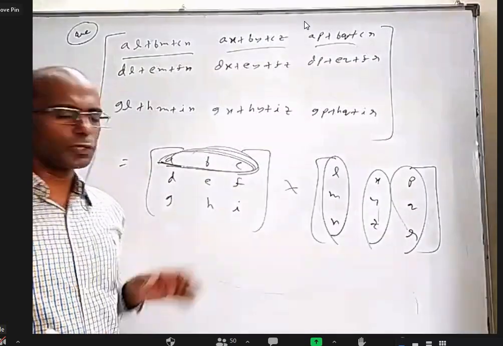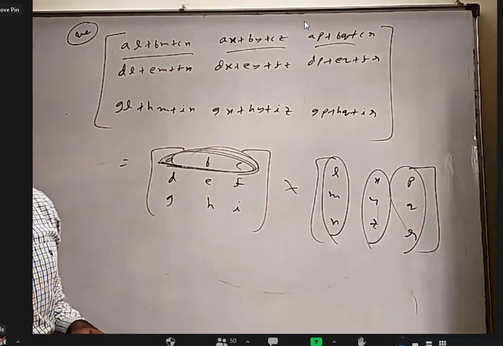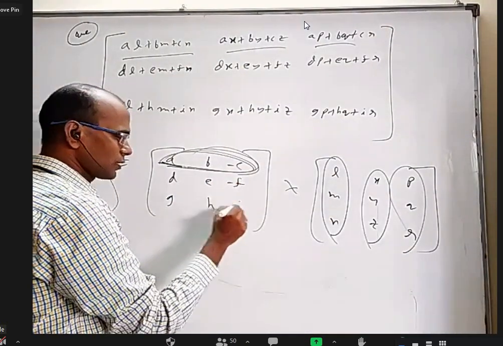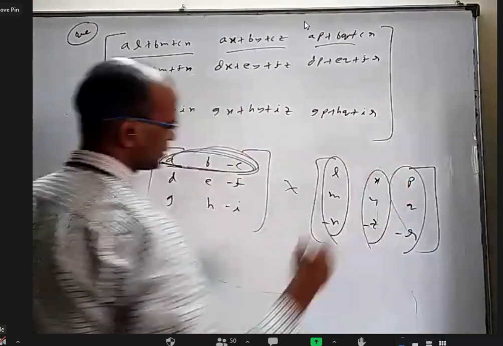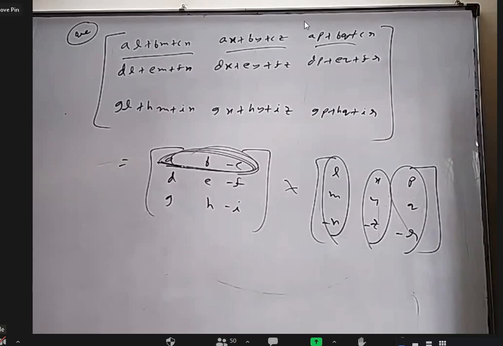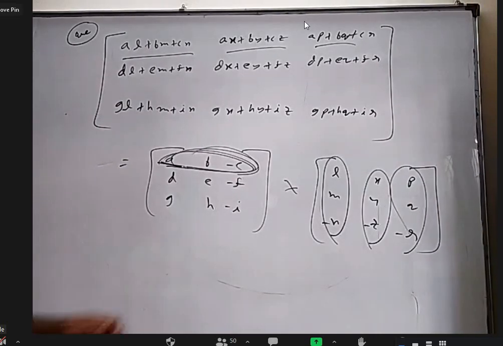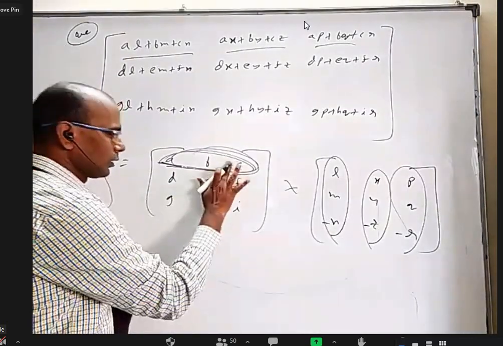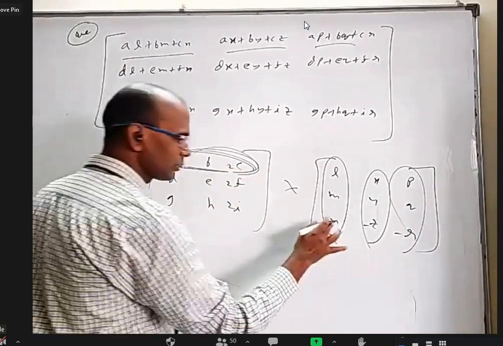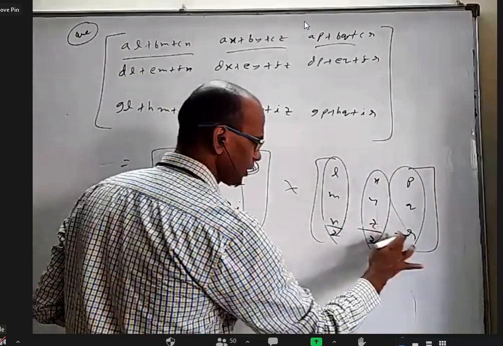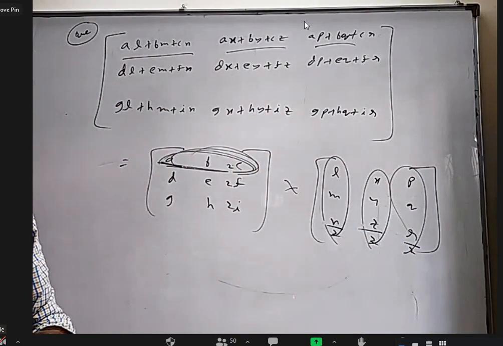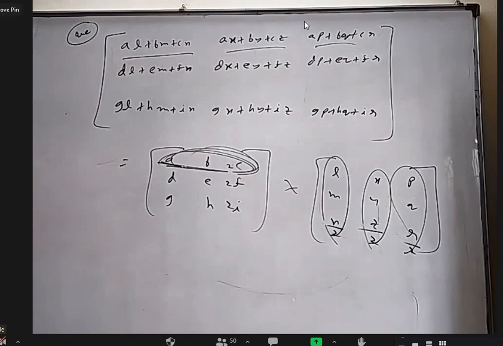And I don't think this is a unique answer. I'm sure we can change the answer slightly. That I'll put a minus here, minus here, minus here, minus here, minus here, minus here. Do you think the answer will change? No, sir. Let's say I'll put 2 here, 2 here, 2 here, by 2 here, by 2 here, by 2 here. The answer will change? No, sir. So the answer is not unique.